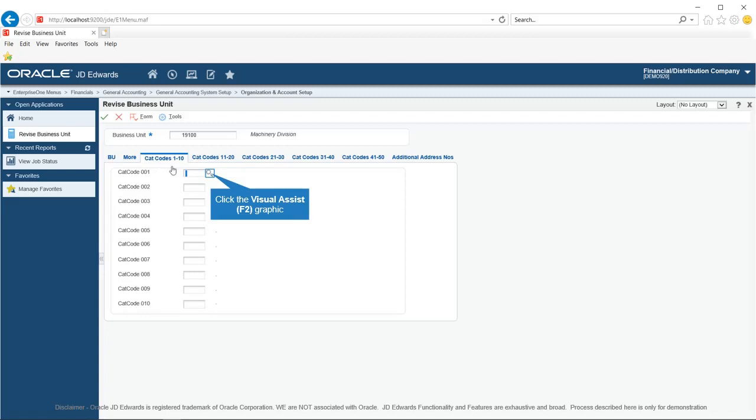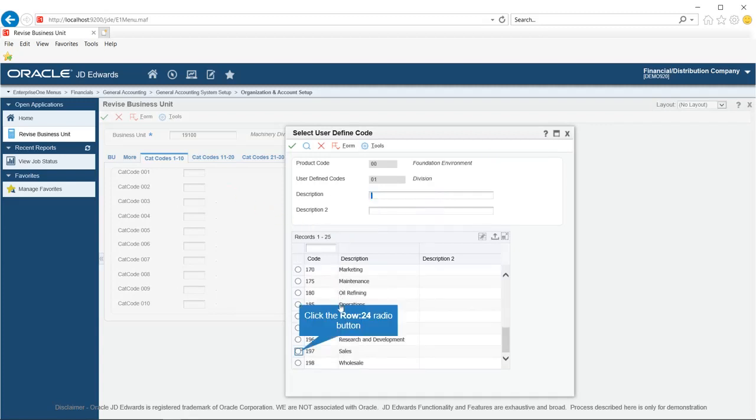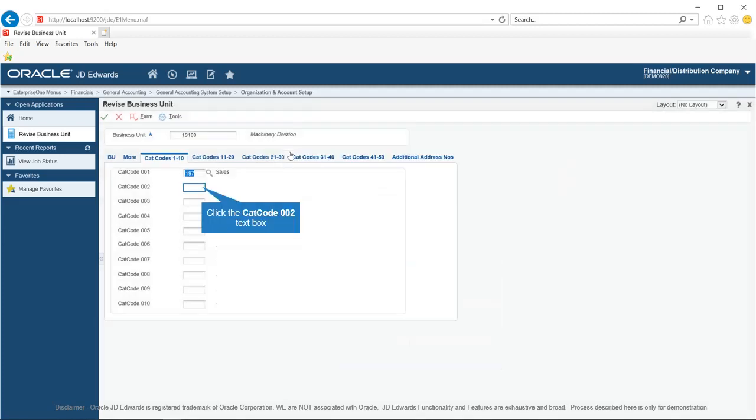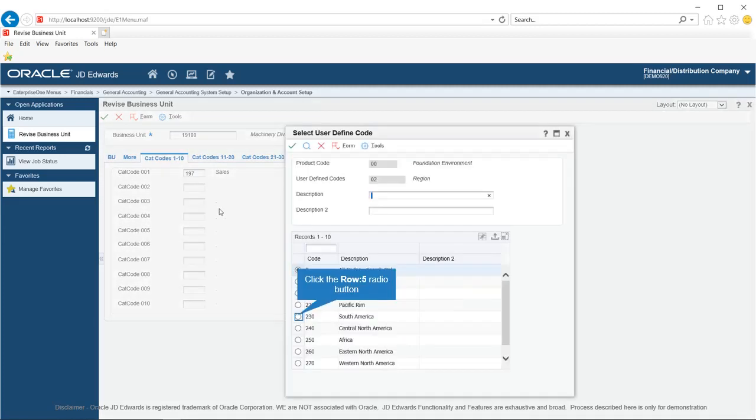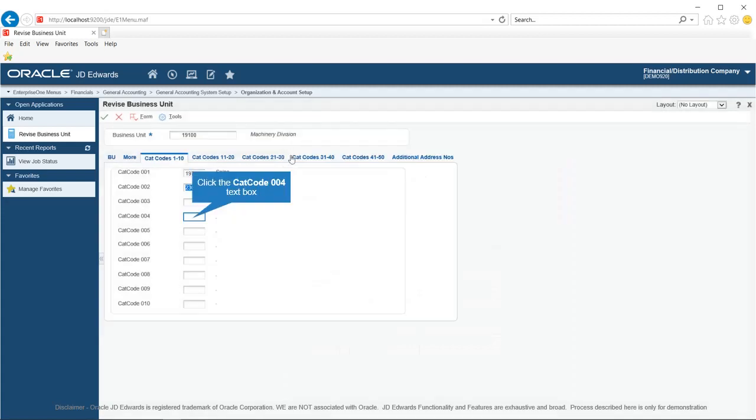Click in the category code 1 field. Enter the desired information into the category code 1 field. Enter 197. Click in the category code 2 field. Enter the desired information into the category code 2 field. Enter 230.